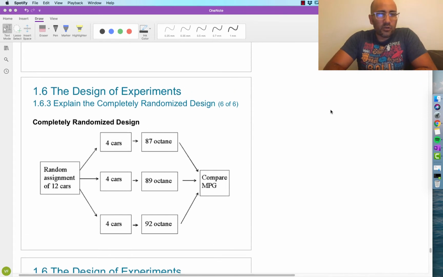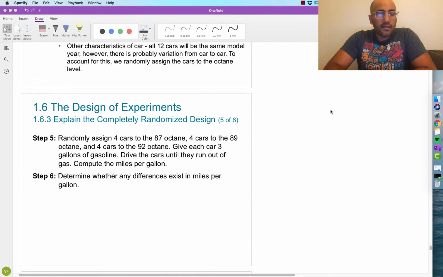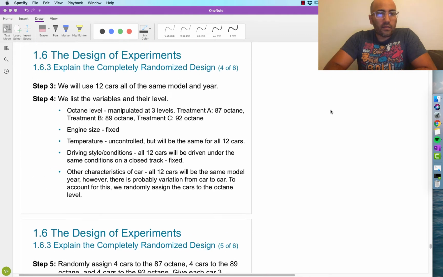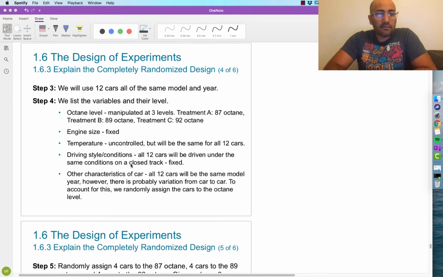One criticism could be that this test track might not give you the same results as real world driving, right? Real world driving has a lot of stopping and going, traffic, and a fixed track doesn't really have the same conditions, right? So that could be one criticism. So if we wanted to do something different, like okay, let's do real world driving,